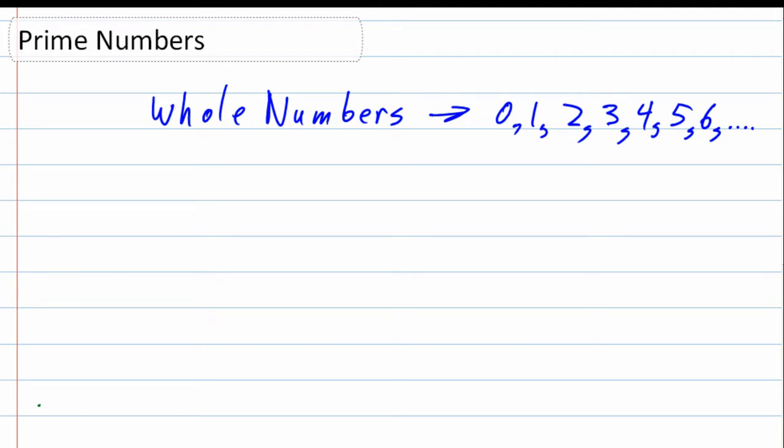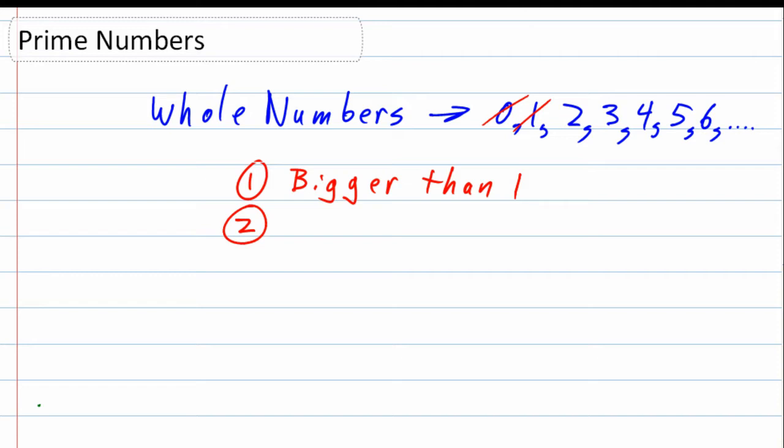So we start off with whole numbers, but then we have two rules that we need to follow for prime numbers. The first rule is that prime numbers are bigger than 1. So from our list already, we can eliminate 0 and 1 because those are not bigger than 1. And then our second rule